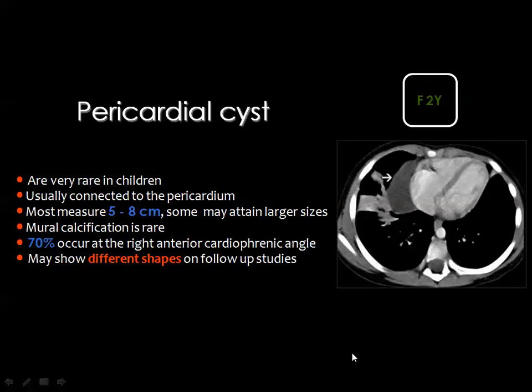Then the pleuropericardial cyst is a cyst which is very rare in children. It is usually related to the pericardium, commonly seen in the anterior cardiophrenic angle, usually present on the right side. And this cyst measurement is in the range of 5 to 8 centimeters in diameter. It shows typical cyst criteria, but may contain calcium and